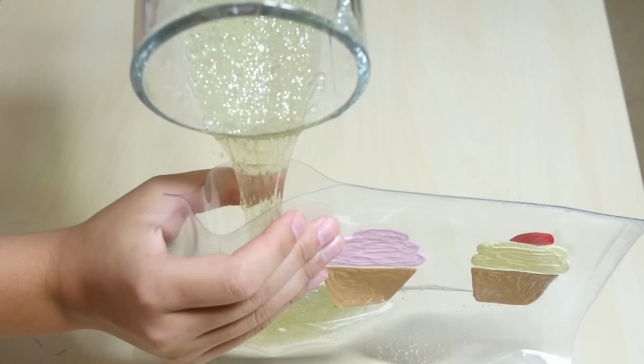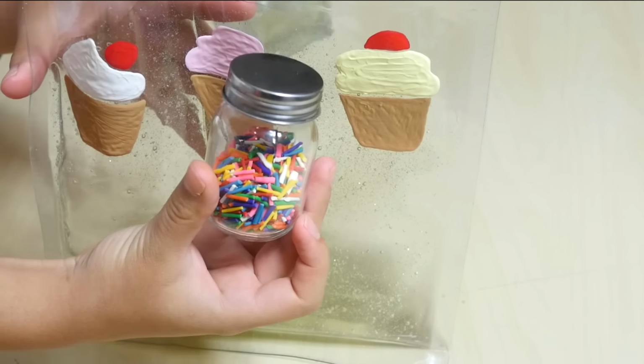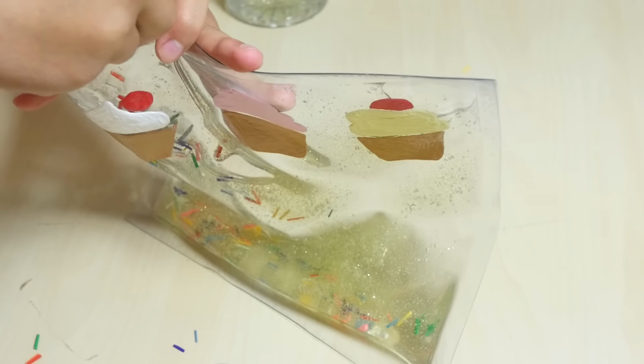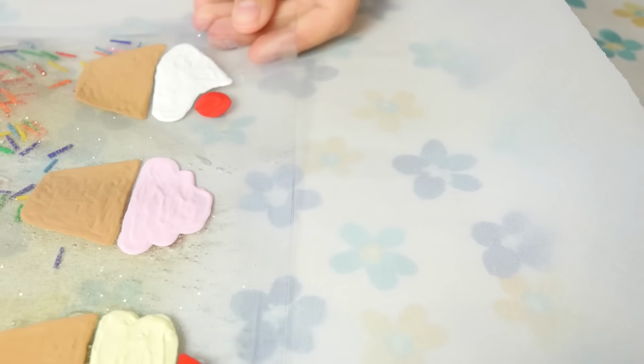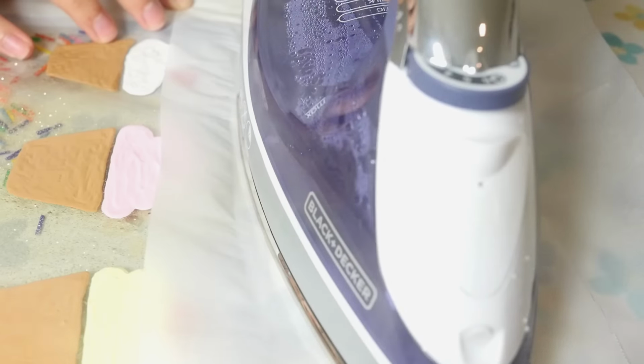Now I'm gonna pour all that soap into the pouch, squish it around a bit to see if it's a good amount. And now I'm putting in some of my polymer clay sprinkles and more sprinkles and more sprinkles. Squishing it around some more, and now I'm going back to the ironing board to take care of that opening, so I'm just gonna run that over to seal it up, and whoa, kids, close your eyes, this part gets